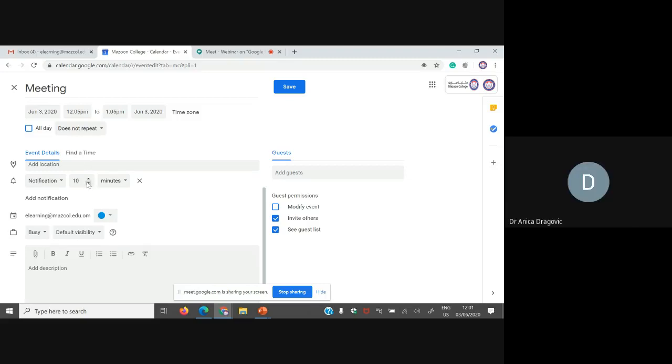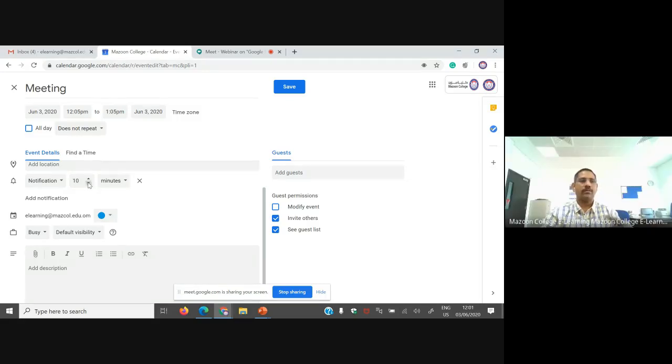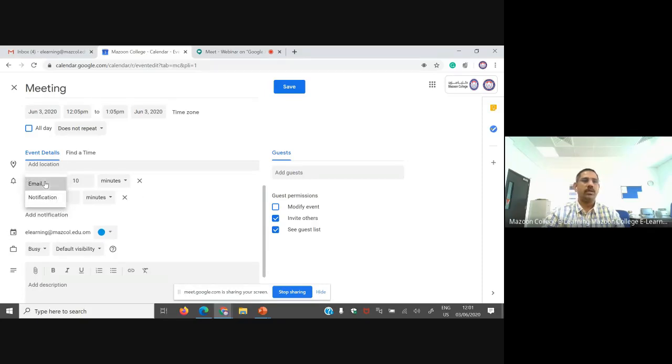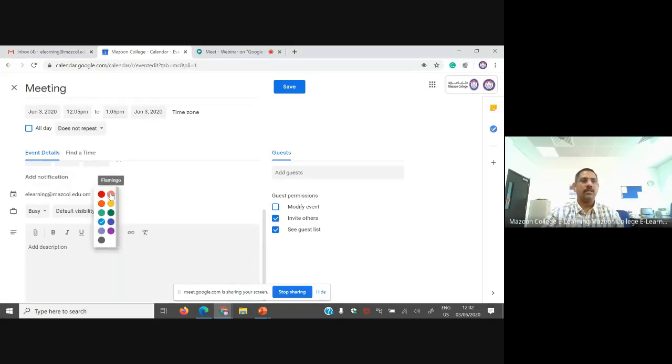Now notification, if you would like to give any notification for your participants, choose how much time you want to give. Suppose you want to give the notification by email, press add notification, change it to email. And when you want to send the email notification, you need to fix it, 1 hour before or 1 day before. Now this one is the color change, which color you want to show your calendar in. Maybe you can fix department meeting one color, student meeting another color, your scholar meeting another color, your friends meeting another color. You can choose according to color, so you can easily identify.